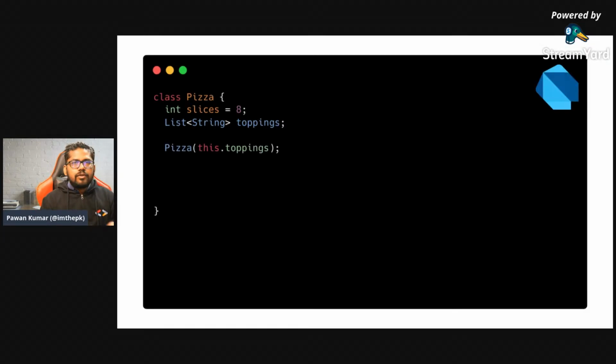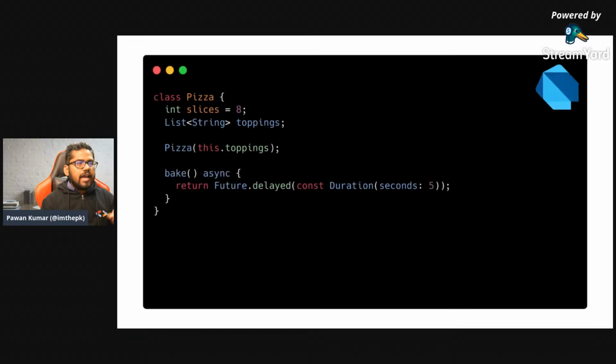And then the constructor is there, which is Pizza, and here we are accepting the toppings, or you can say the list of strings. And then we have another method called bake, but this is also asynchronous. In TypeScript, the async keyword was on the left side, and here it is on the right side. That's the only difference. So syntax can be a little bit different in a few scenarios, but the overall idea is always